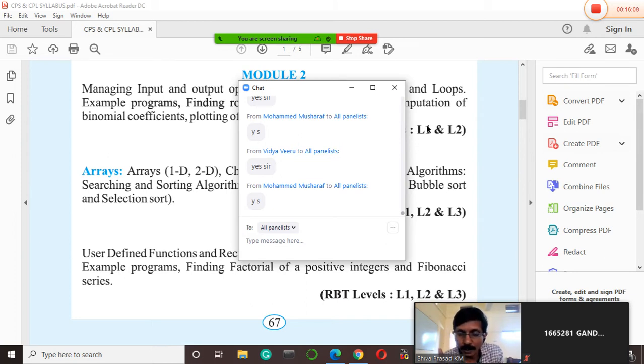What will friend 2 do? If friend 2 reacts to the voice sent by friend 1 and says it's okay, then we call it call by value. If friend 1 says sorry and friend 2 doesn't reply to friend 1, and instead cuts the call, then it is called call by reference.